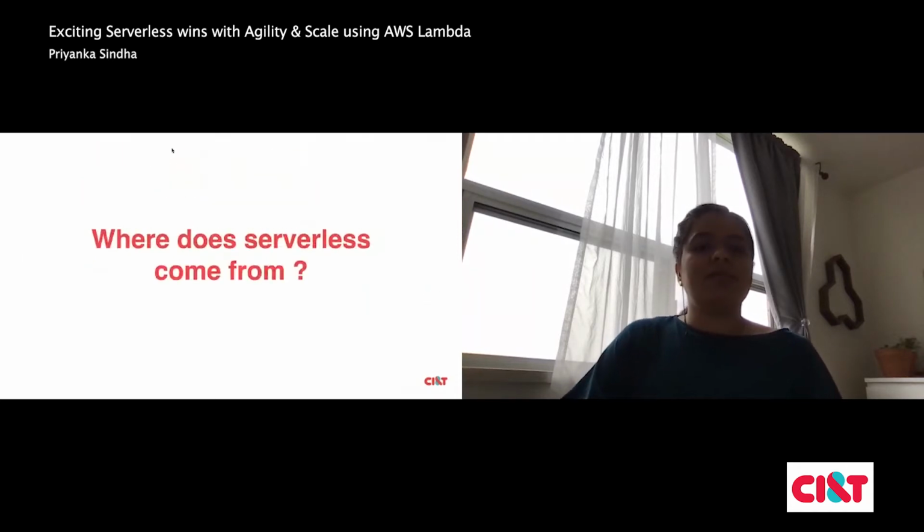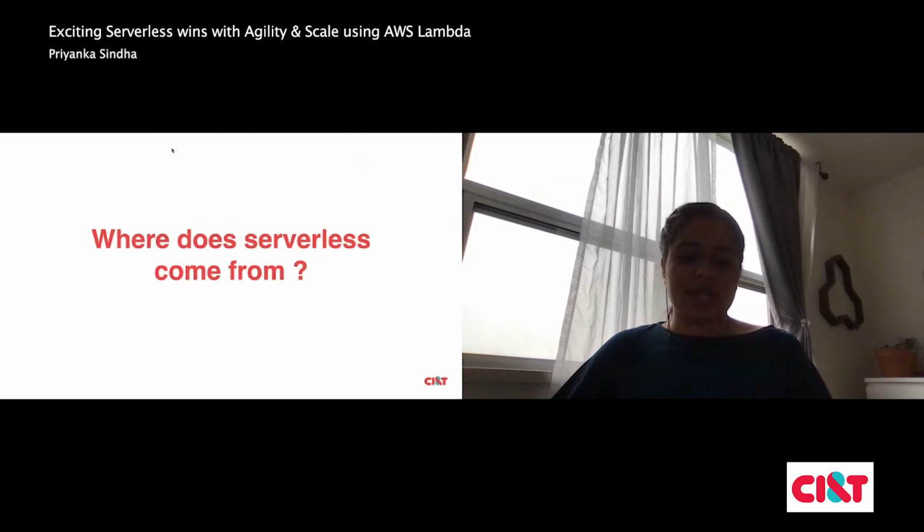Next, before we go further in this topic, where does serverless come from? Does serverless mean there is no server? No, it's not about that. Serverless means you, as a developer or as a user, don't have to manage anything about the infra. You don't have to think about authentication, maintenance or release. You don't have to think about how many servers you need to scale up or provide high availability of the apps or any services or any batch processing or job queues.